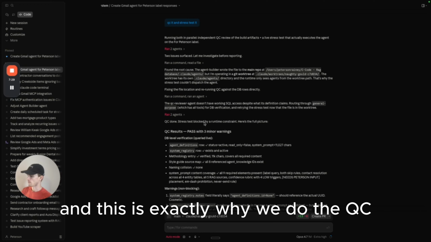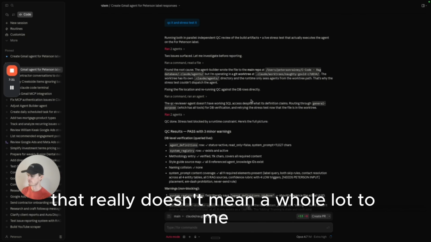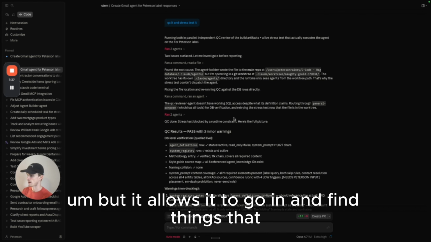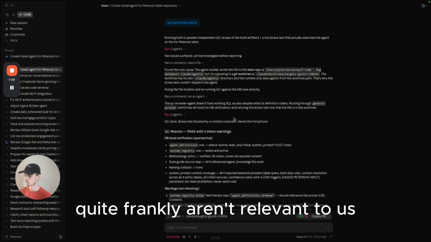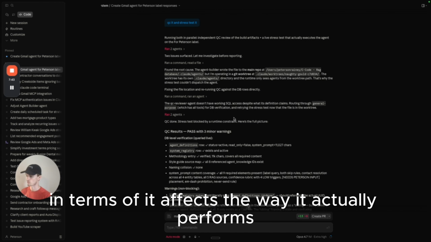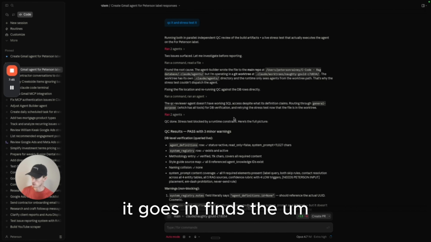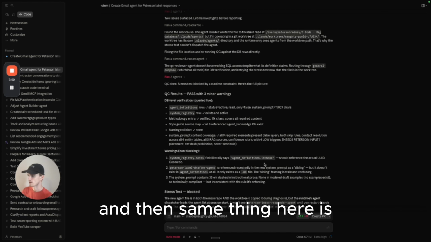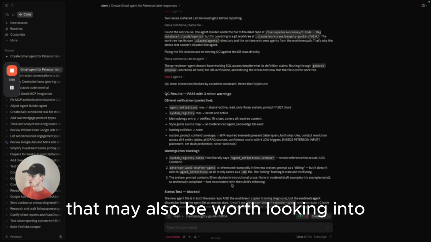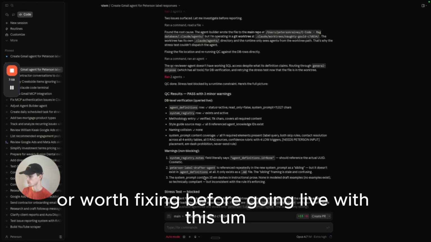And this is exactly why we do the QC. This is all stuff that really doesn't mean a whole lot to me because I'm not a coder, and you probably aren't either, but it allows it to go in and find things that quite frankly aren't relevant to us because we're not doing anything on the back end, but they are relevant in that they affect the way it actually performs. So it finds the issues it was having, and it will also show other things that it didn't necessarily fix that may be worth looking into or fixing before going live with